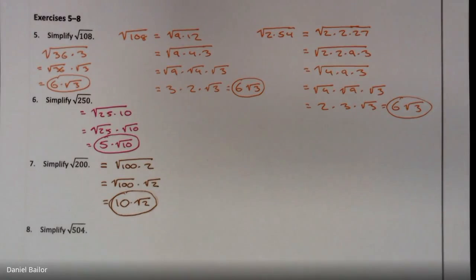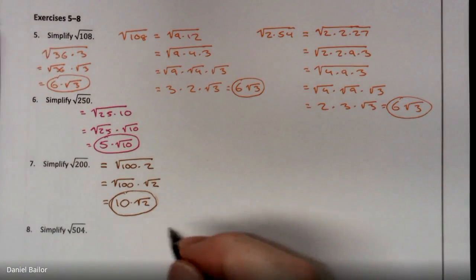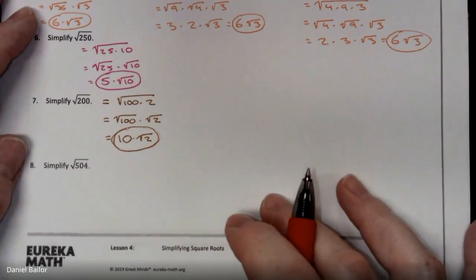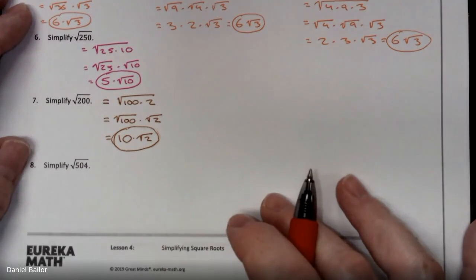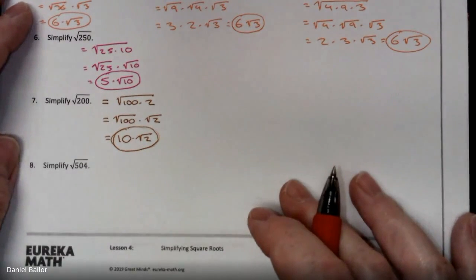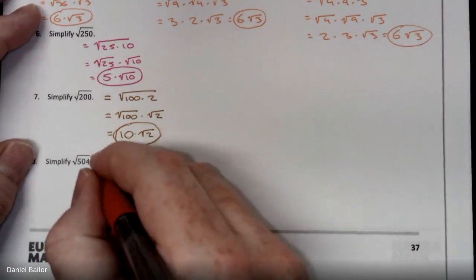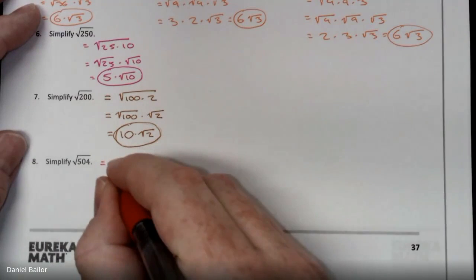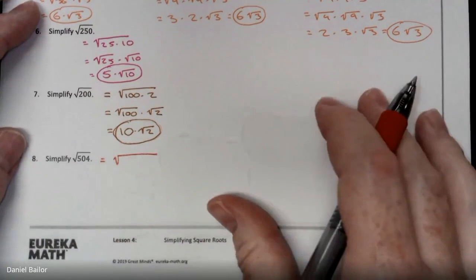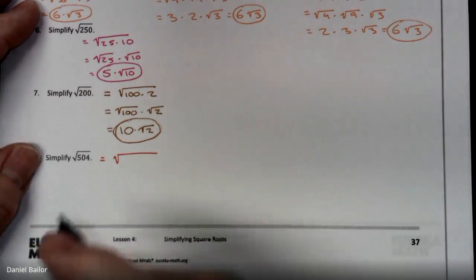Okay, what about the weird one? What about 504? How do we simplify 504? Well, remember what I said. If you get stuck, pull out the 2. Pull out the 2. So I'm kind of stuck on this one. So what I'm going to do is pull out the 2. And if you do that, you get, I think it's